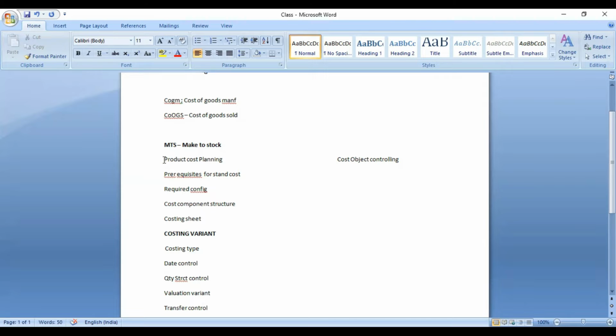Just to remember, this is forecast planning and cost object controlling. In this cost object controlling, we can do job or batch wise costing, the plan cost for orders, and the actual cost for orders, the period end process, every period, month end process, everything comes under this. Month end process or activities like,